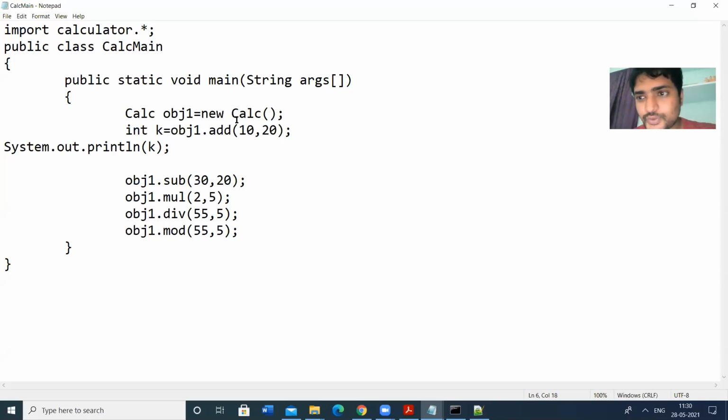If you have any doubts, we can discuss in the next class. In tomorrow's class, we will check the access modifiers, the packages. The very important concept is access specifiers. For this program also, we don't get the output because of some access modifier problems. So we have to make all the contents of the packages public, and we get the output. So thank you. We'll continue in the next class.